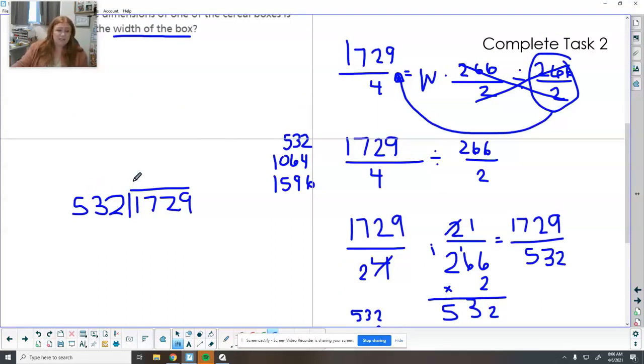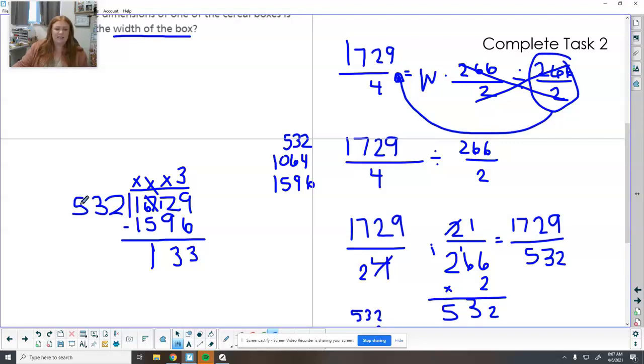So 532 can't go into 1, can't go into 17, can't go into 172, but it can go into 1729, 1, 2, 3 times. 3 times 532 is 1596. So let's subtract here. 9 minus 6 is 3. We need to borrow. 12 minus 9 is 3. 6 minus 5 is 1. So we are left with